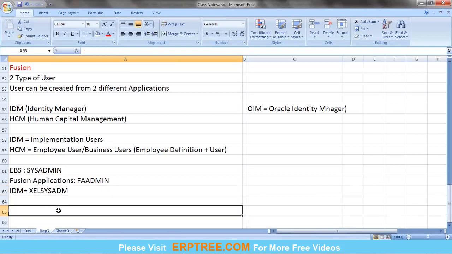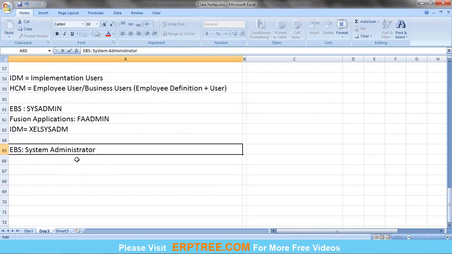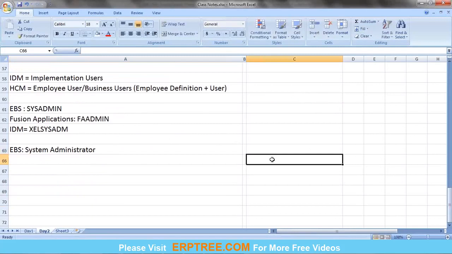In EBS, if you want to start with implementation, what responsibility do you require? To start with your implementation, you require access to system administrator. Then, based on the scope of the project, you'll start creating the responsibilities. Once responsibilities are ready, you'll start